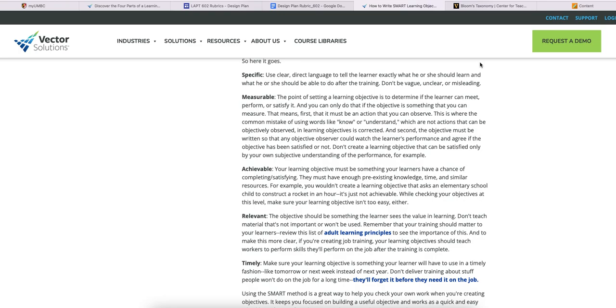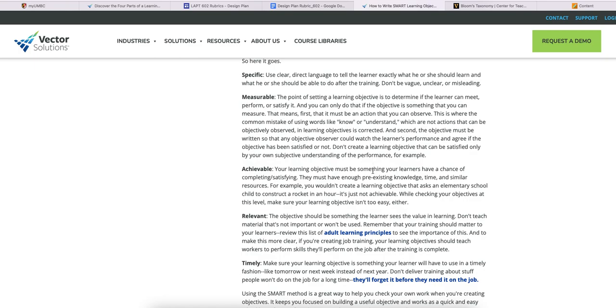You need it to be specific. The language needs to be very, very exacting. It is 1 person, 1 behavior, 1 degree in a set of conditions. Every objective is written that way. It needs to be measurable. We can't measure learn. We can't measure understand. We can't measure know. We can't measure comprehend. We can measure demonstrate an understanding by. We can measure that, but we can't measure knowing, understanding, comprehending, learning. Is it measurable? For it to be measurable, it has to be observable. We have to be able to witness it. And to what degree?